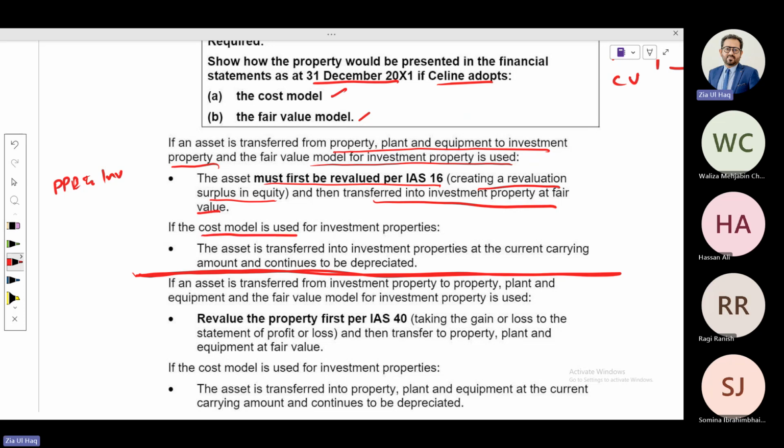If the cost model is used for investment property, the asset is transferred into investment property at the current carrying amount and continues to be depreciated. Meaning the same treatment for IAS 16. Is it fine? Now,